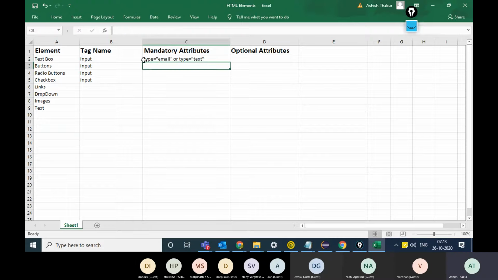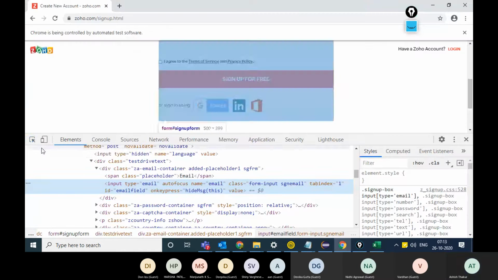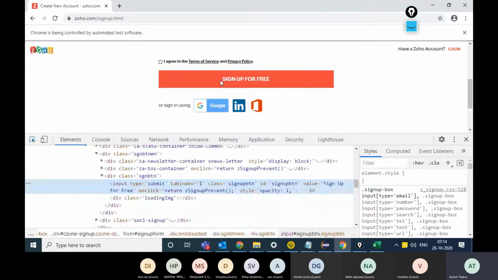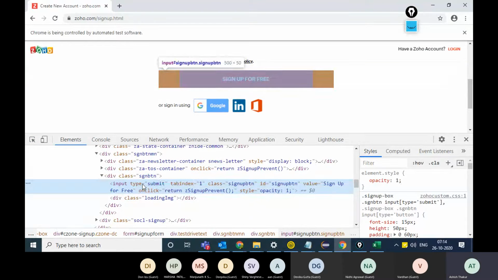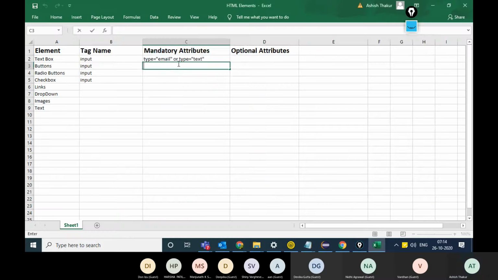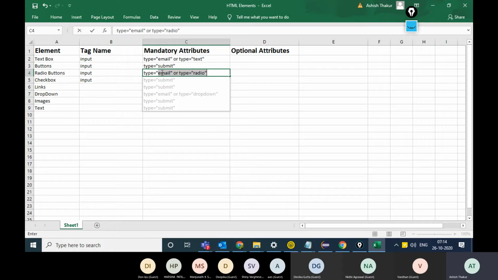In case of a button, like we have the sign up for free button, the type attribute is equal to submit. In case of a radio button, you will have a type attribute and it will always be there.